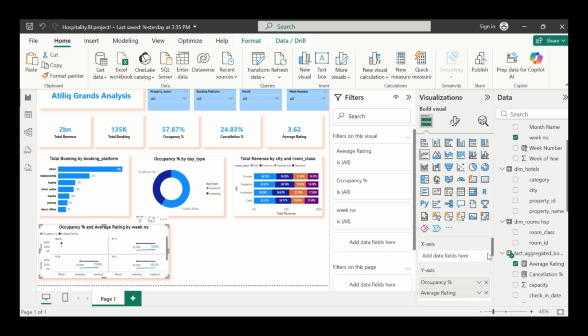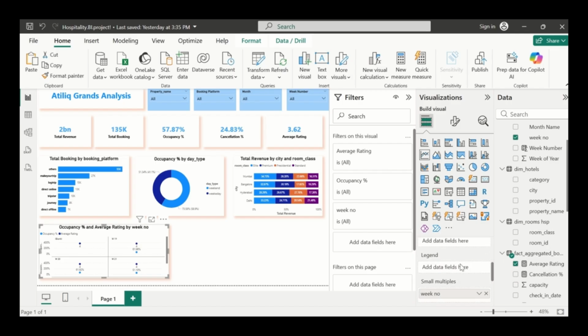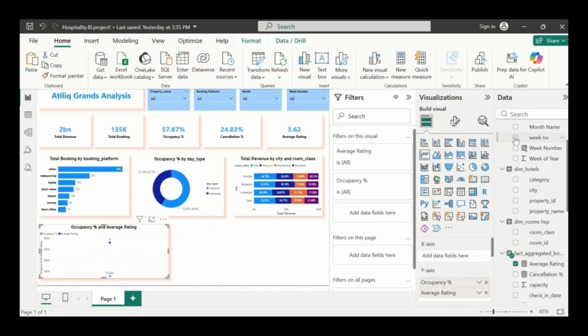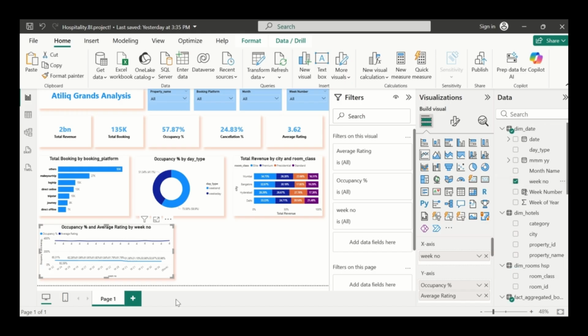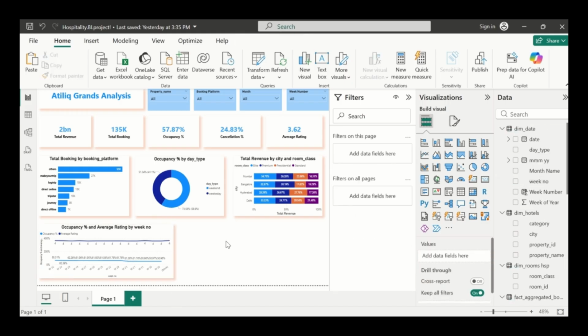So remove this, put week number. Yeah, so we have average rating by week number, and then the final one we're going to have,